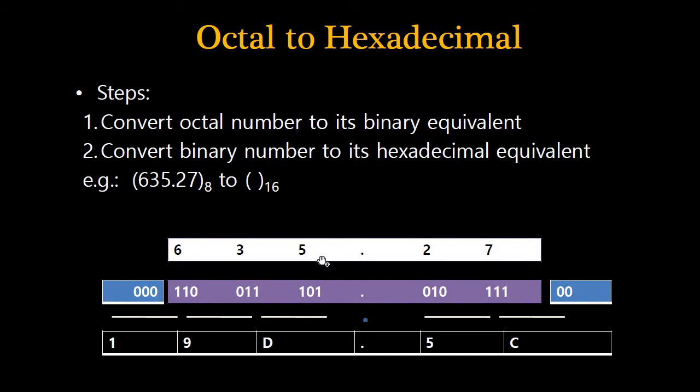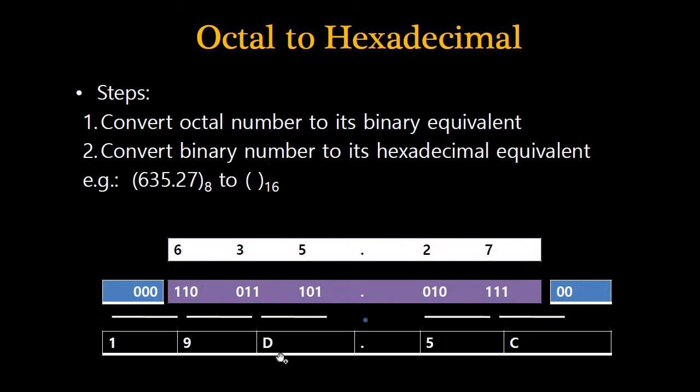Now the binary equivalent of 5 is 101, the binary equivalent of 3 is 011, and the binary equivalent of 6 is 110. Similarly, the binary equivalent of 2 is 010, and the binary equivalent of 7 will be 111. Now we will start making groups of 4 digits from the decimal point. Here we will start making the digit groups of 4 in this direction and in this direction. So for this part, the first group of 4 will be